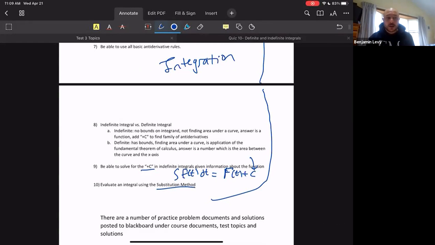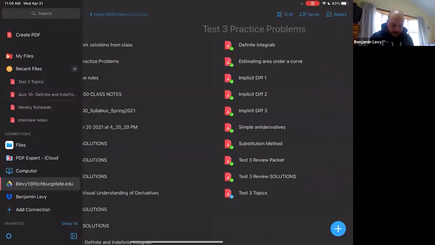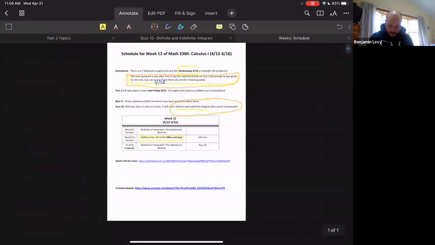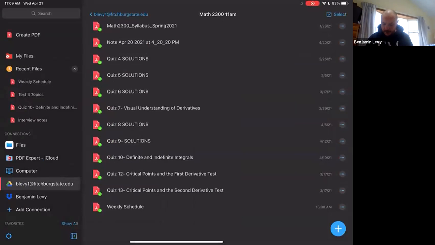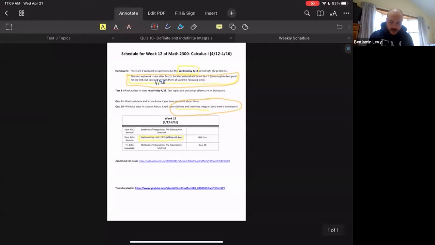If you remember that homework, I tried to make a weekly schedule for this week, and I did make one and it's posted, but I'm having an issue opening it again. It's so weird. Whenever I try to open it up, it's the one from last week. It's so strange. I made a new one. If you look it up yourself, it says it's updated at 10:38, but it just opens up the old one. It's very strange.